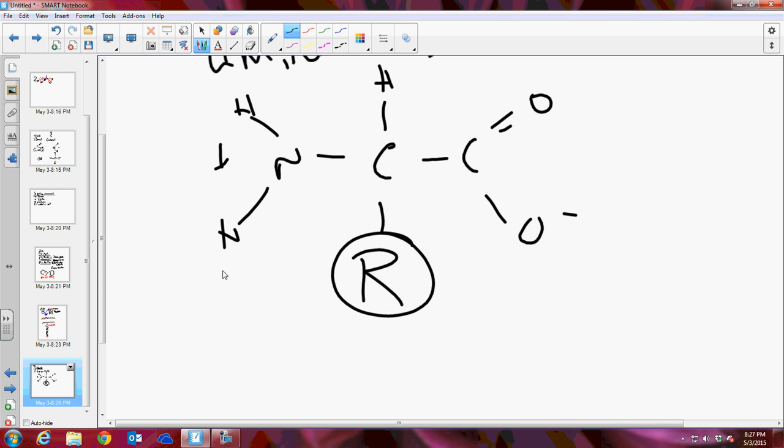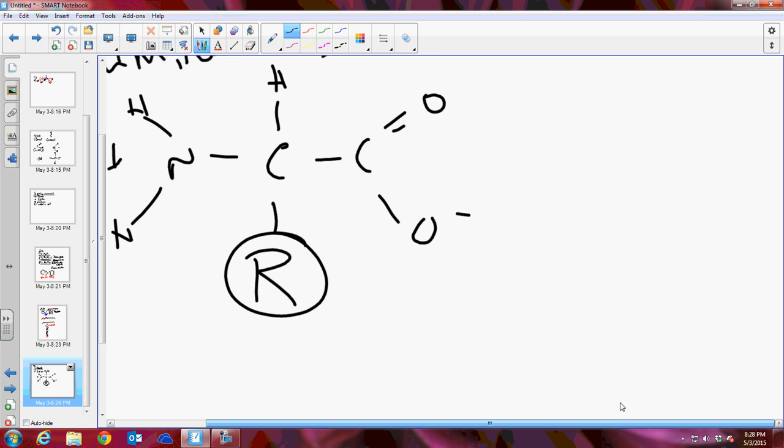The R group is different in every single amino acid. The R group in one of them is just an H, whereas the R group in some of the other ones are these long, intricate chains. There are 21, or 20, naturally occurring amino acids, and all of them have this different R group on them. Amino acids will join together